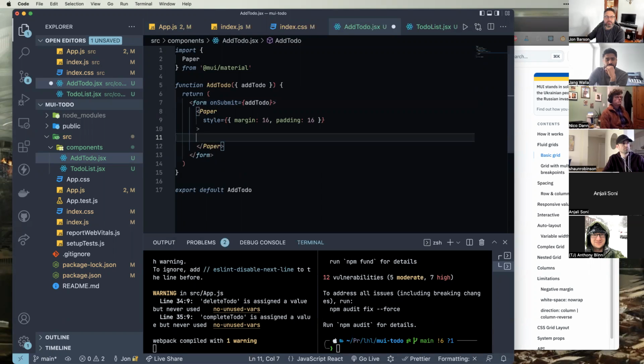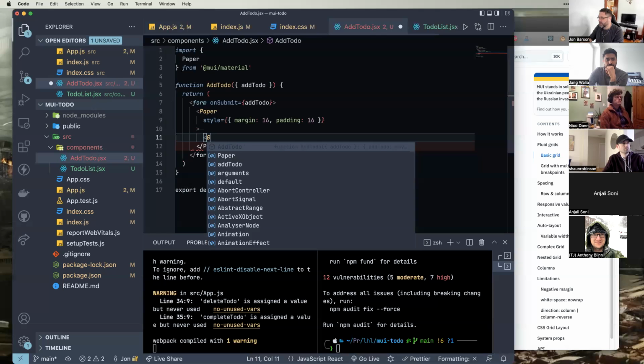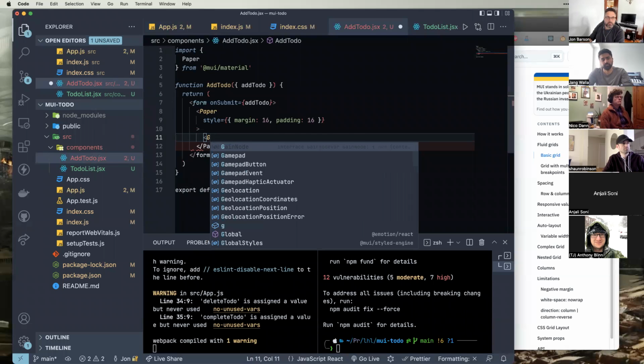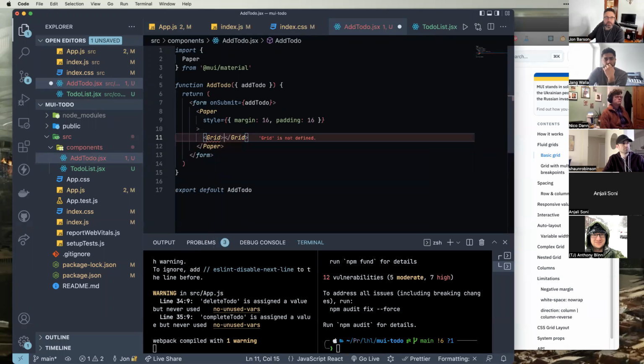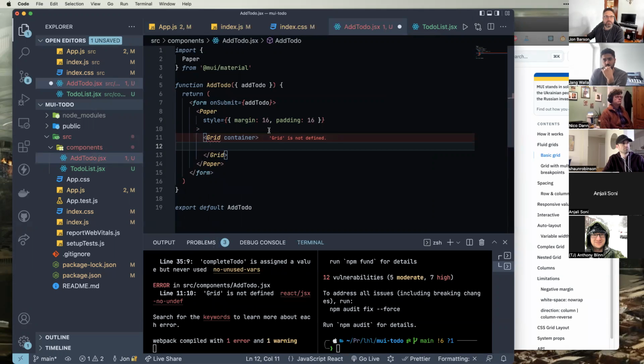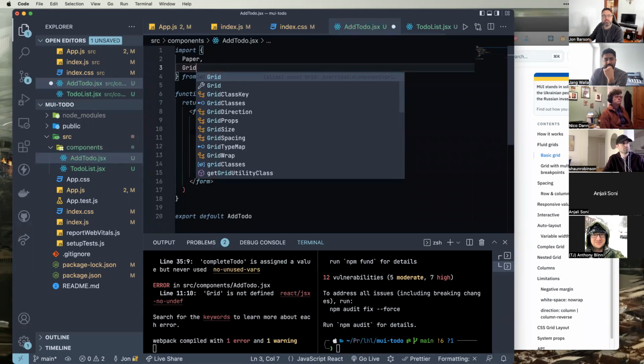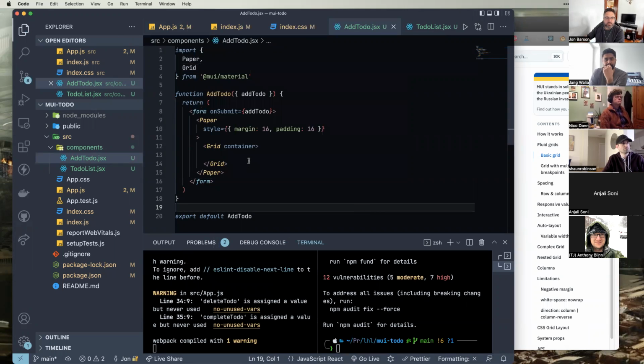because copying is cool. Okay, so I'm going to say grid, and I'm just going to say container. And it doesn't know where to get grid from, so let's tell it. Okay, and inside grid, I want to have another grid,